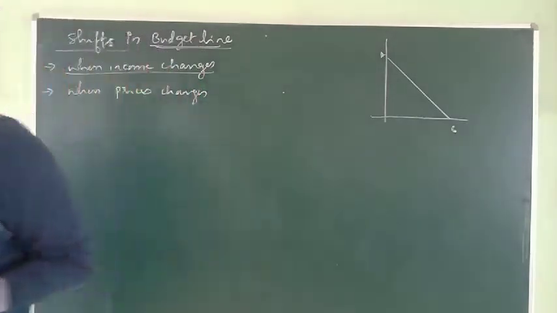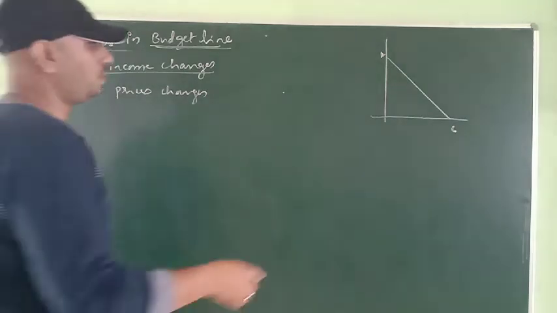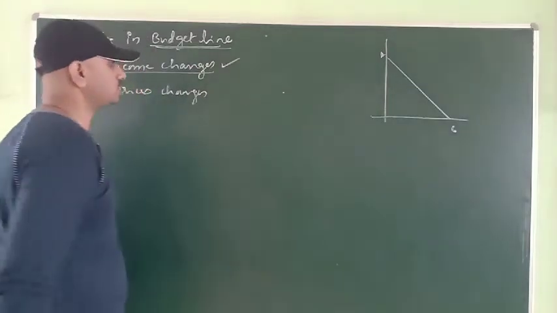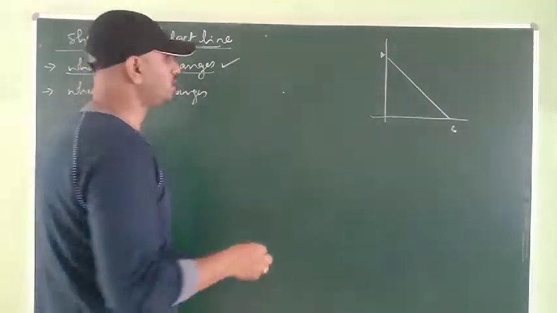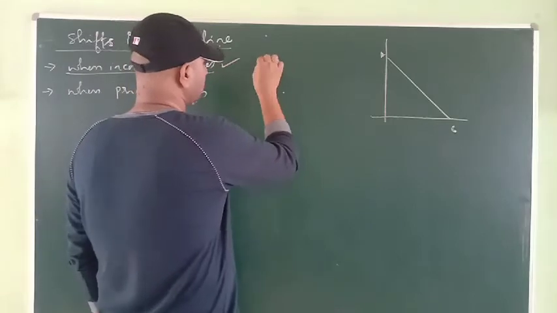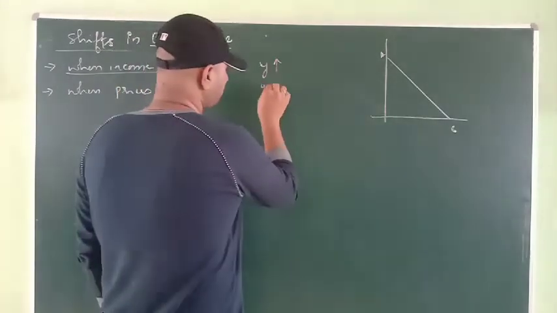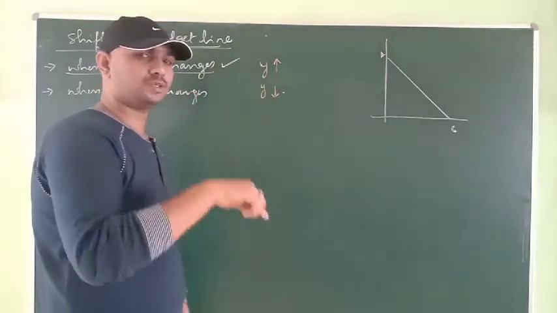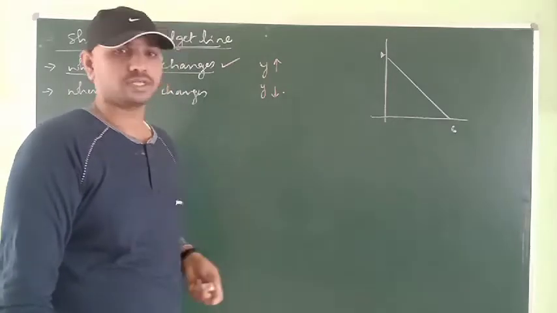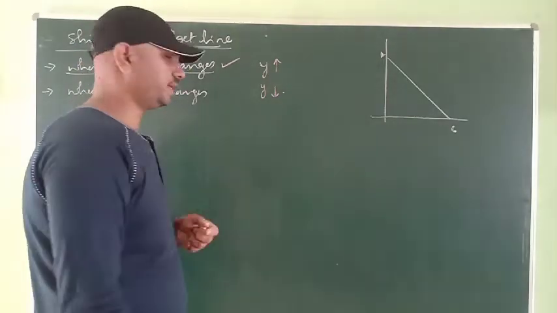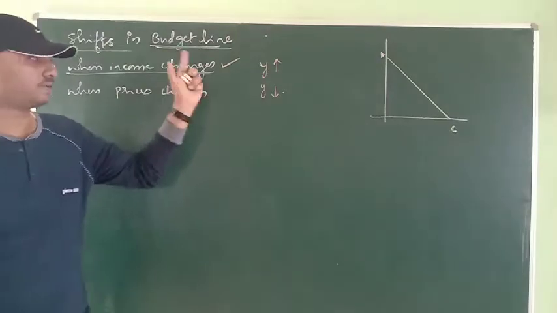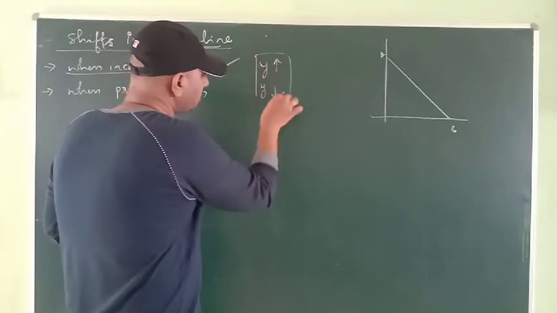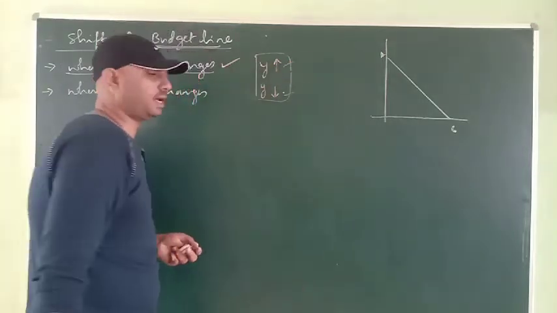Now coming to it, when this is an old budget line, then when the income of a consumer changes, two types of changes we can expect. One, if the income of a consumer increases. Next one, when the income of a consumer decreases. Are we clear? But when income changes, it is assumed that the price of the commodity remains constant. At the same time, when we enter the second point, when prices change, then the income of a consumer remains unchanged. In such case, when the income of a consumer increases or decreases, two types of shifts we can observe in the existing